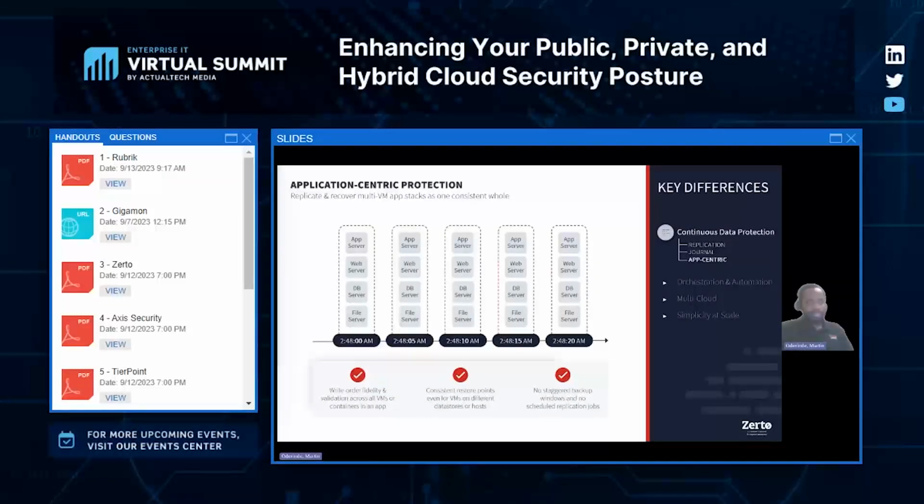With Zerto, on the other hand, we're tackling this challenge when it comes to recovering complex applications by protecting your applications and your workloads as a cohesive logical entity, what we call virtual protection groups, or VPG for short. That way you're able to avoid inconsistent recoveries of those multi-VM applications, with each VM being restored at different points in time, extending that recovery process.